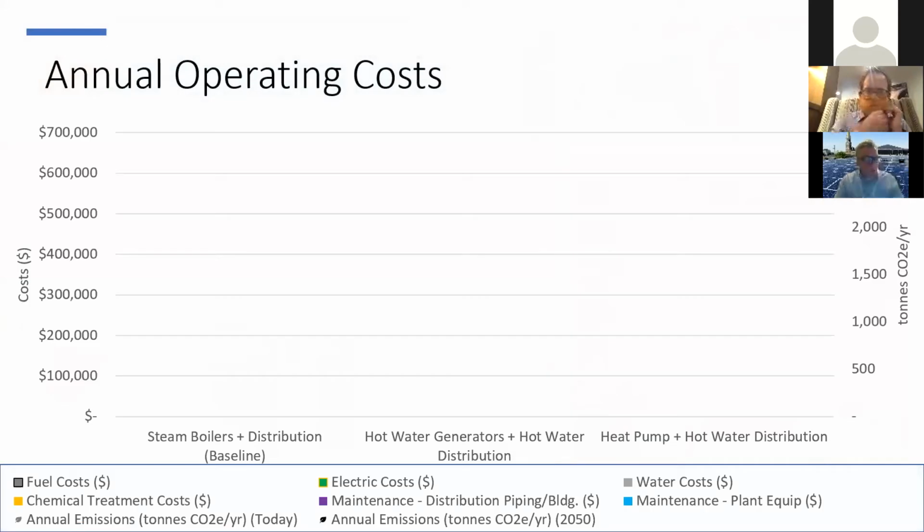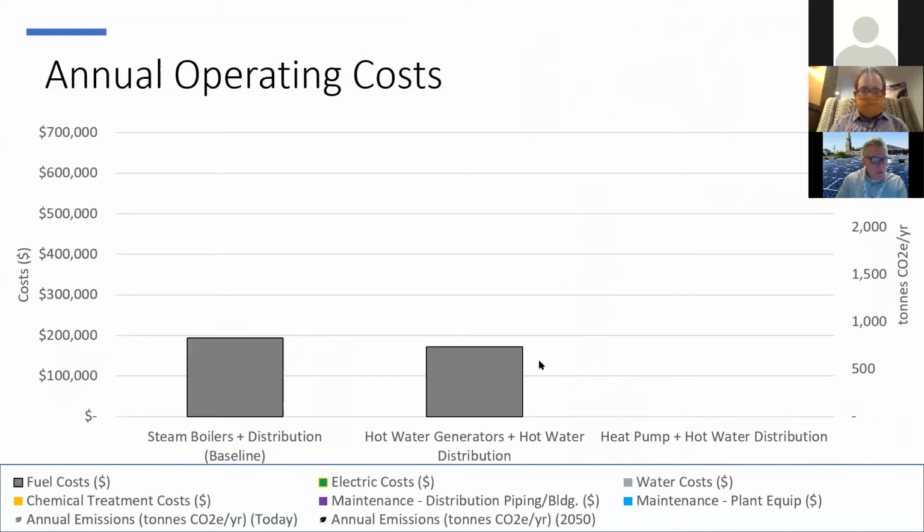Okay, so the steam boilers and distribution, that's our baseline case. That's our business as usual case. The other scenario we looked at was using natural gas hot water generators and hot water distribution across campus. And then also looking at heat pumps and water distribution, which would be an electrified solution. So in all cases,